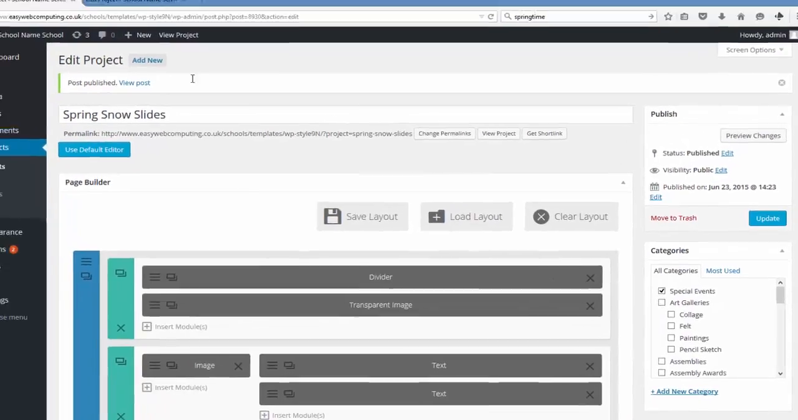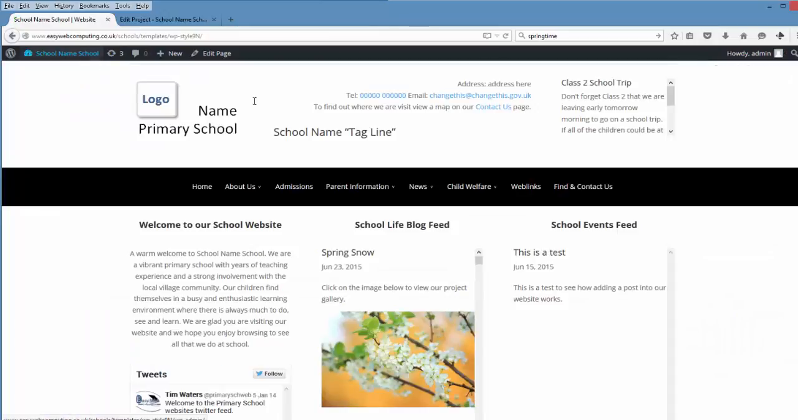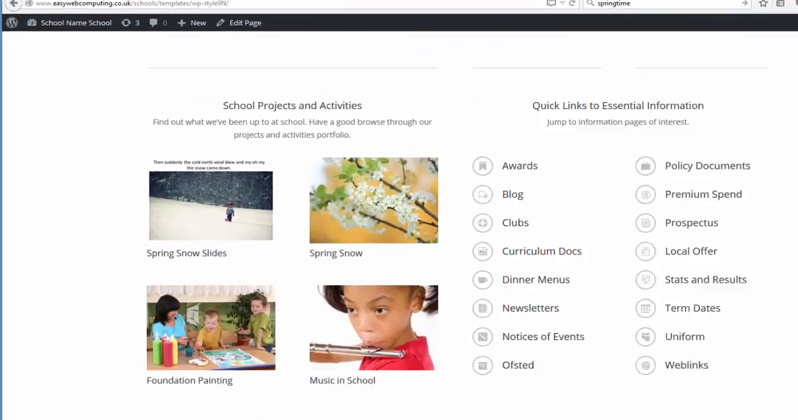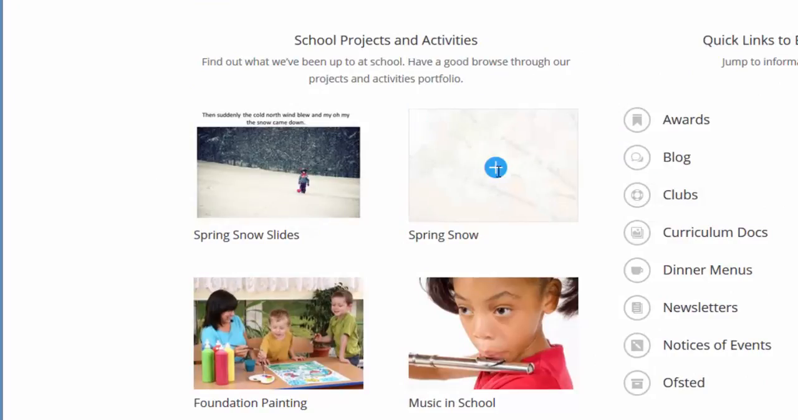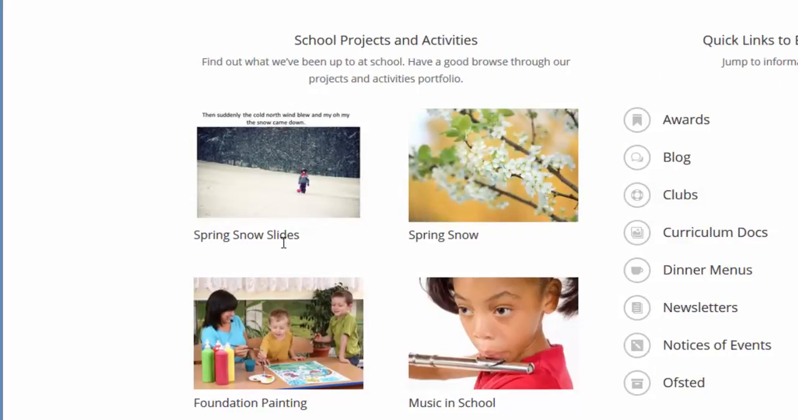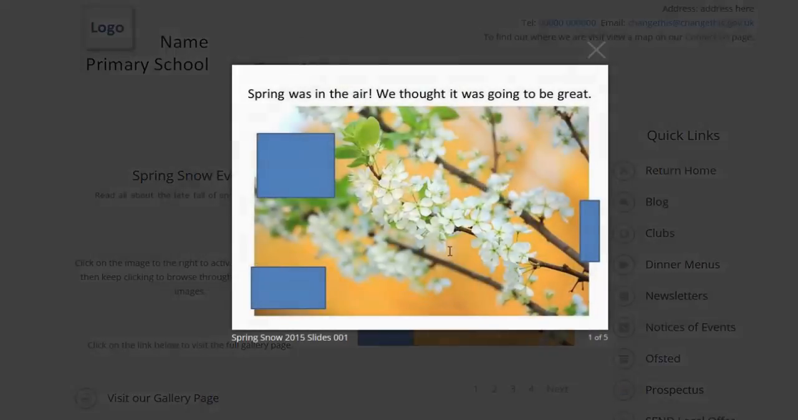And once it's been published, we can either go to view project, or we can go to the school name for the front page. Let's scroll down to the front page, and now you can see here's our Spring Snow that we did straight with the images, and here's our Spring Snow slides. And when you click on there and you click on here, you can see it's got text in and any